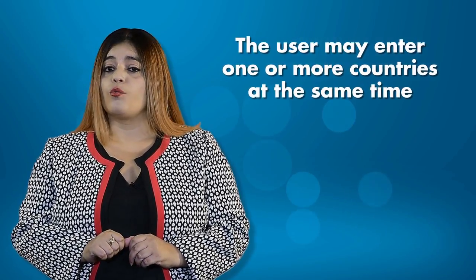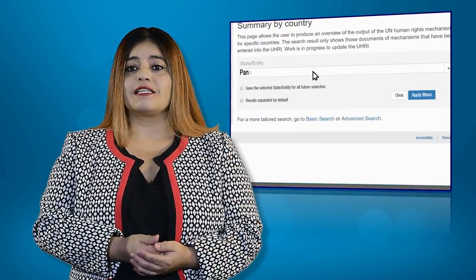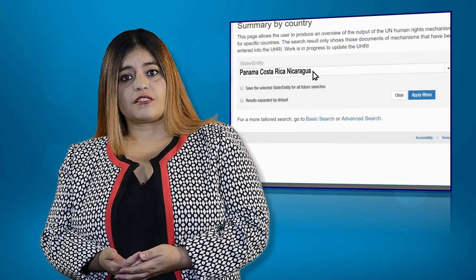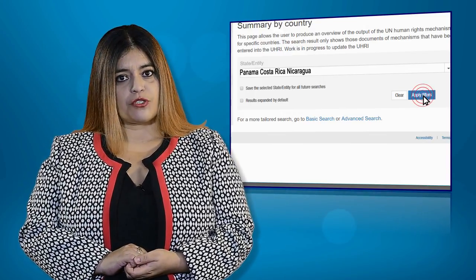In this section, the user may enter one or more countries at the same time and save the selected entry for future searches, as well as erase by clicking on the corresponding option.